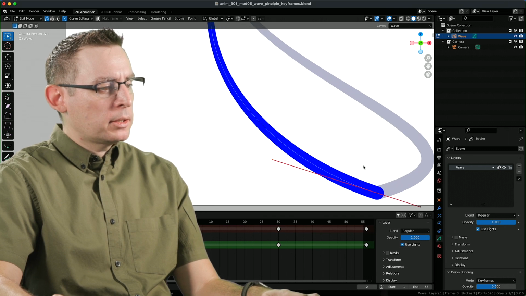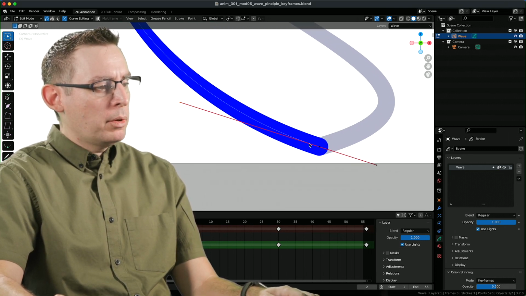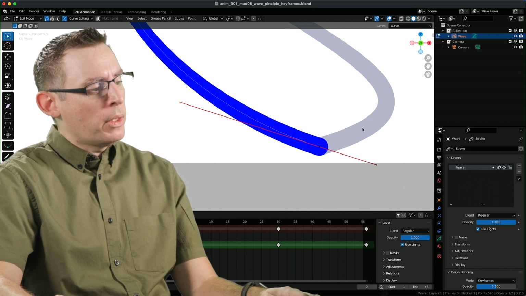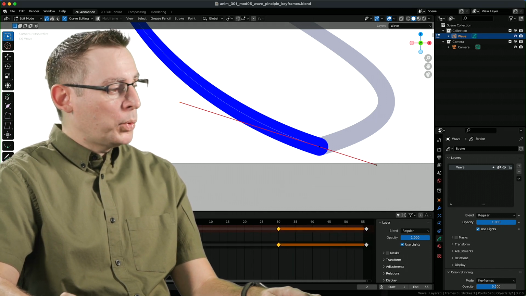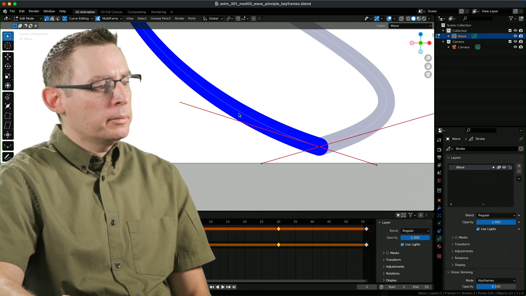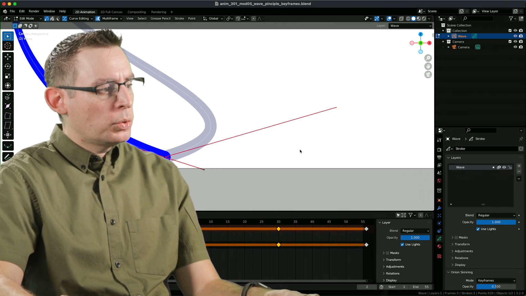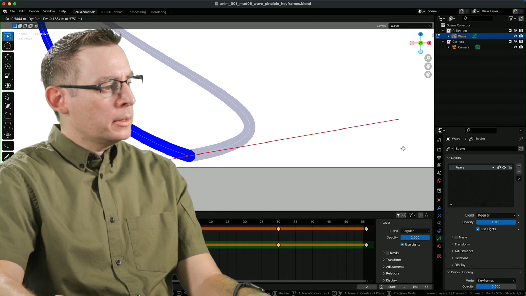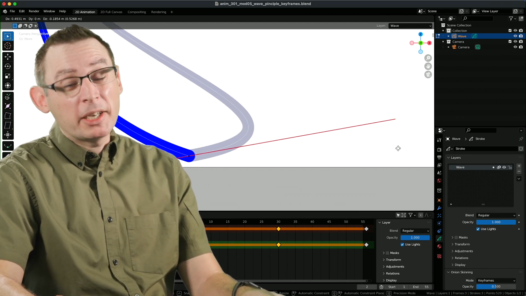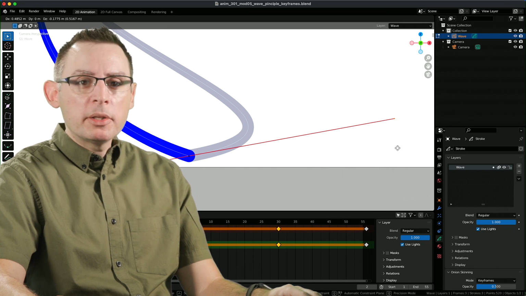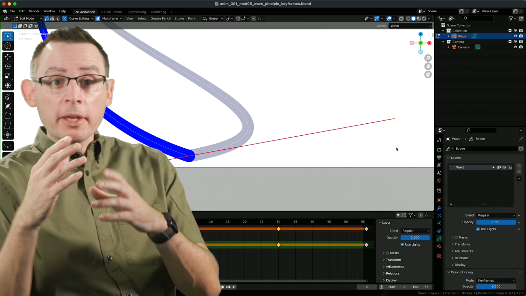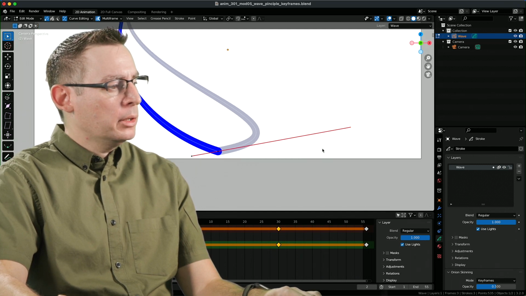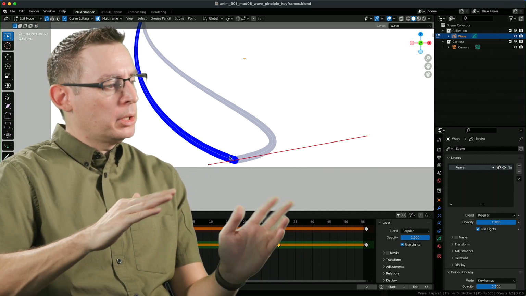Now, as I do this, I'm not looking at the total shape. I'm just looking at this angle here at the base and trying to make it work on this one as well. You certainly could go in with multi-frame editing. Let's turn that on and start to tweak the angle a little bit, just so it's similar. It doesn't have to be identical, and it probably shouldn't be identical. Just something similar. This is an organic movement. We don't want things to look too uniform across the entire thing, but we do want to have it generally be the same.